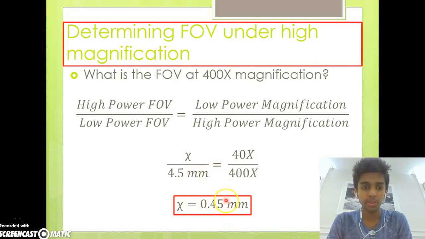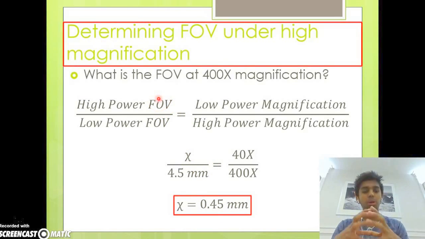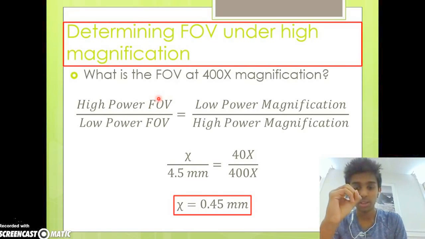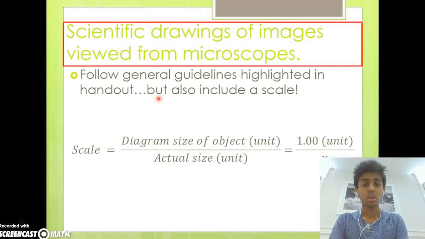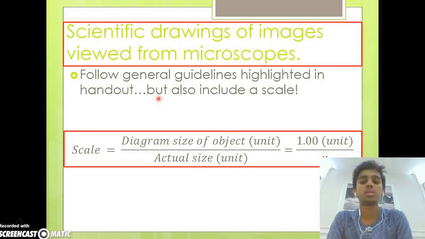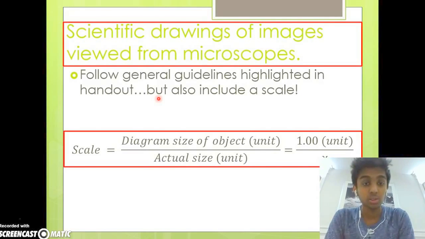So yeah, the 0.45 millimeters is the magnification at high power, which makes sense because your field of view tends to decrease, remember? So at high power, the field of view will be smaller than what it was at low power, which was 4.5. Now, we can actually make scientific drawings of images that we view from microscopes,